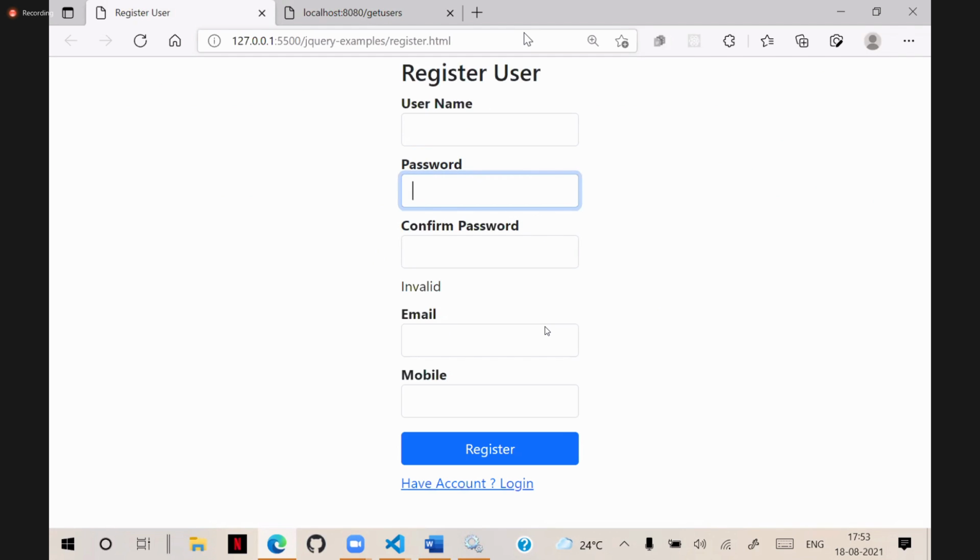I hope you can try now. You can try by yourself, right? You can try that validation while typing the password, checking the password strength, because we already discussed that you have to just implement that logic here. While typing the password, verify with regular expression, and check and display.